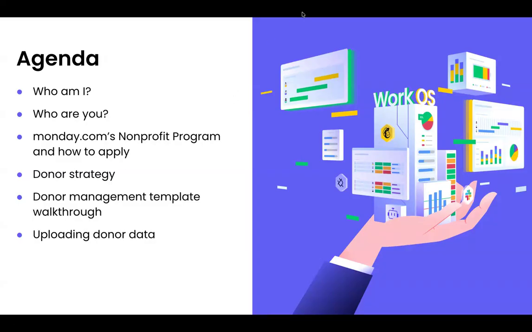So I'll show you a couple of different options there, give you some tips around improving your data and cleaning up your data. And then we can look at ways that we can start to reach out to our donors automatically, start to build those relationships with our donors, and how we can actually schedule things with our donors, activities where we can actually meet them face to face or on the phone, but more than just a kind of automated email.